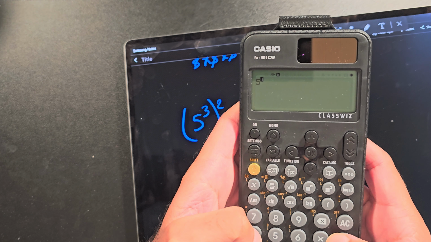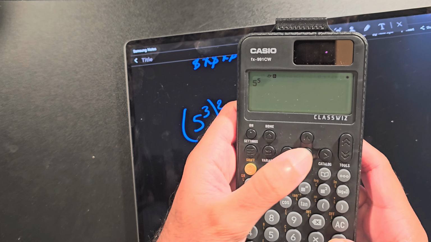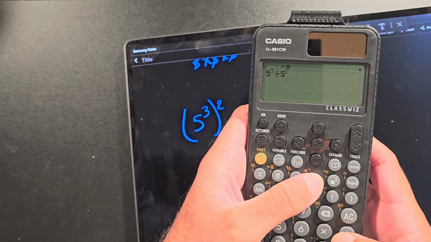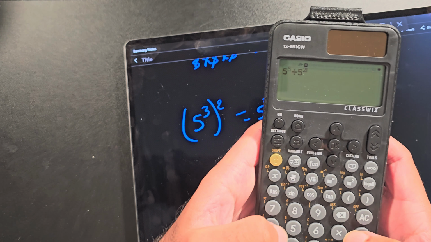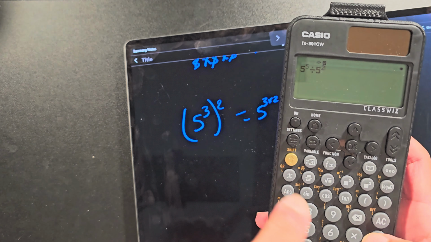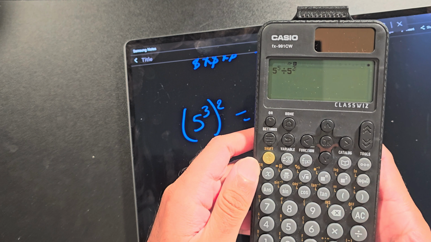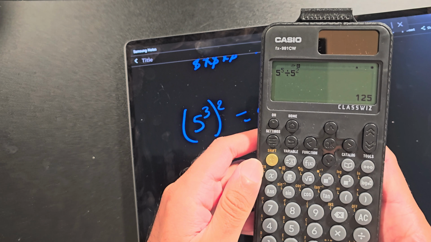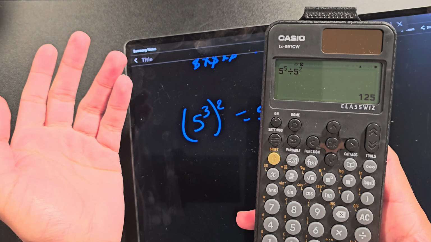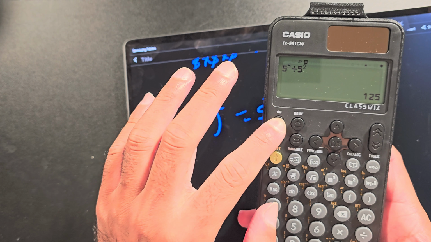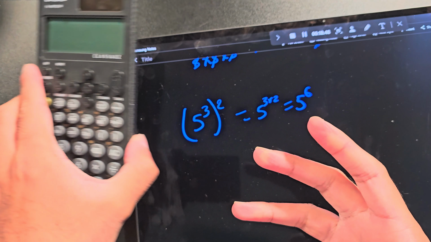So 5 to the power of, and then I can have any number. So 5 to the power of 5, and then divided by 5 to the power of, let's say, 2. And we know from the rules that we've just discussed, it should be 5 cubed as the answer. So let's see, it's 125, which we know is 5 times 5 times 5. So that is just showing in the calculator, just to make sure that we are doing it correctly. Yeah, so the next part